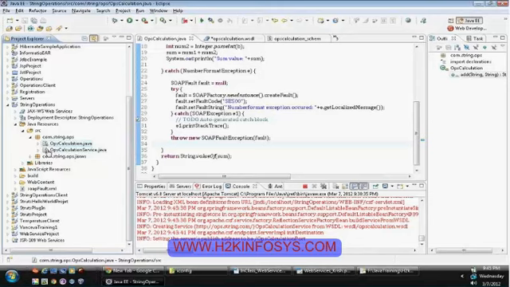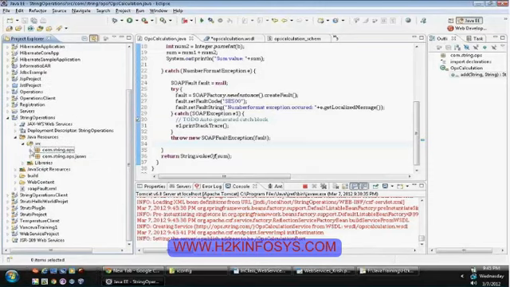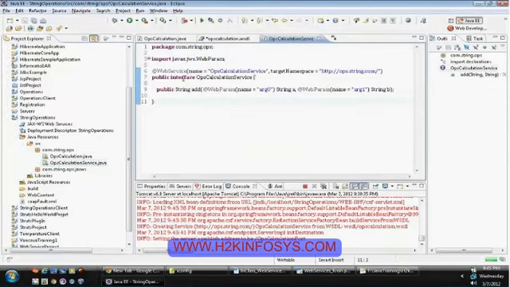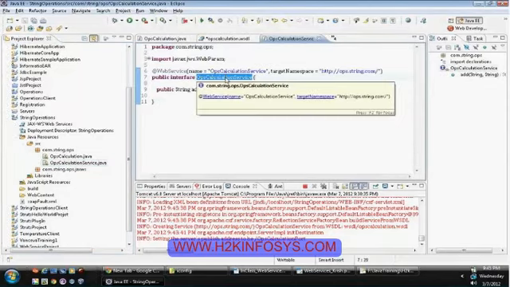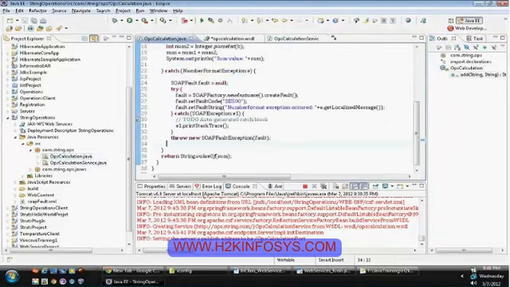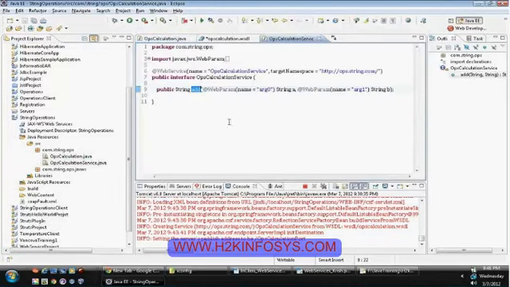So truly here we don't even need the ops calculation.java too, right? Because you need only the ops calculation service, correct? No, the service is your business interface, SEI. But you need to provide a definition for the method, right? Okay, so one is an interface and the other is the implementation. Correct. Because you want to expose your service over the web by using an interface, which is a standard. Yes, that makes sense.